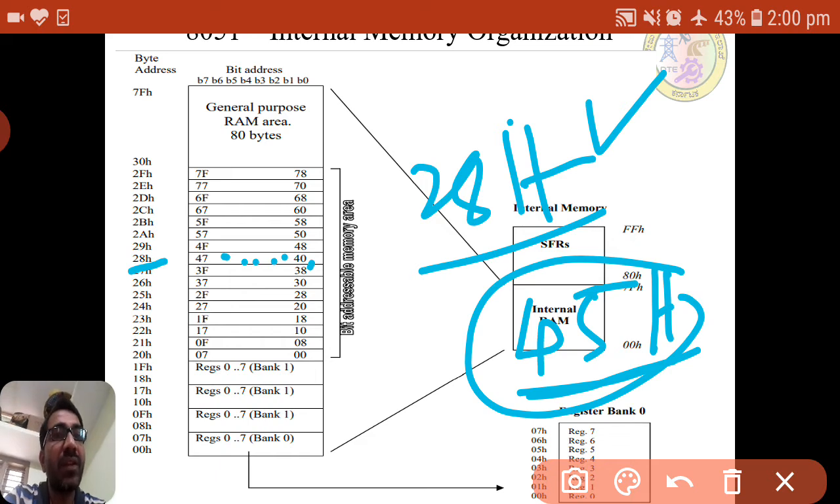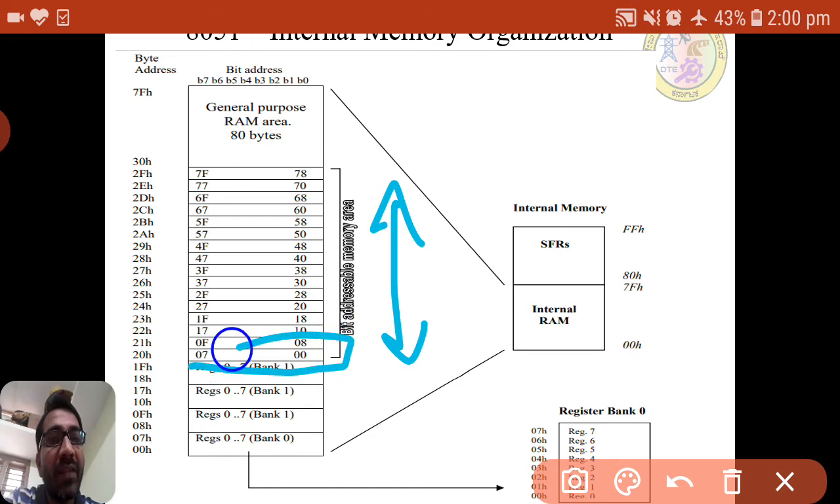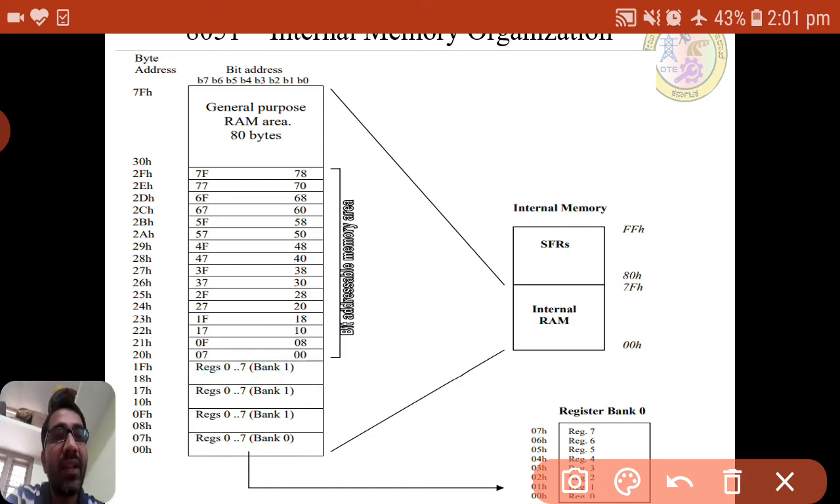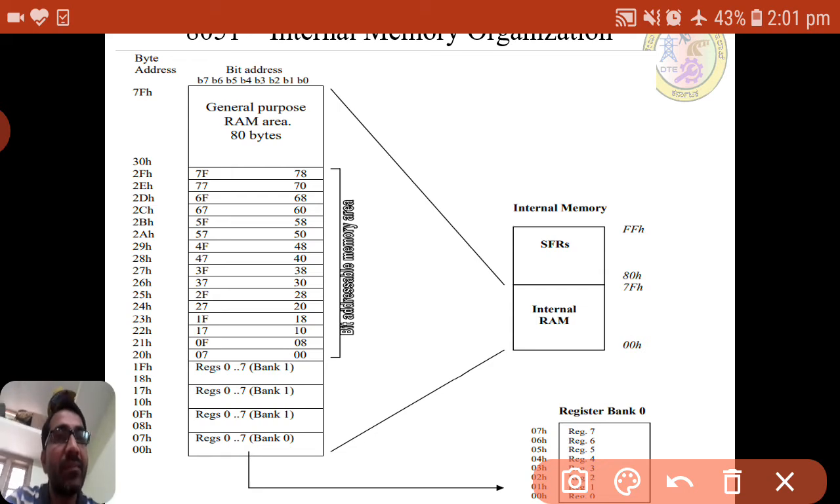So by using the particular instruction, it will decide whether it is a bit addressable area or a byte addressable area. Like this, we can access each particular bit in the 8 bits. 20 to 2F means 16 bytes. We can have 16 bytes as the bit addressable area. So if you want to access or modify some value with bit addressing, we can store it in